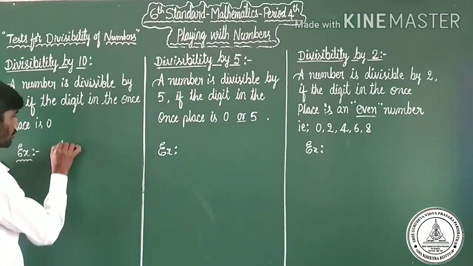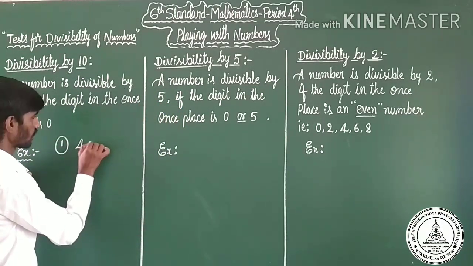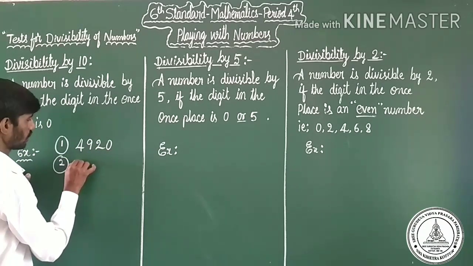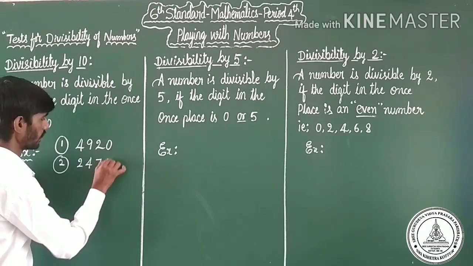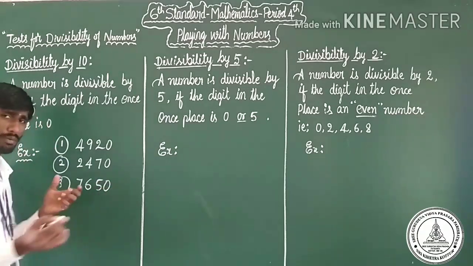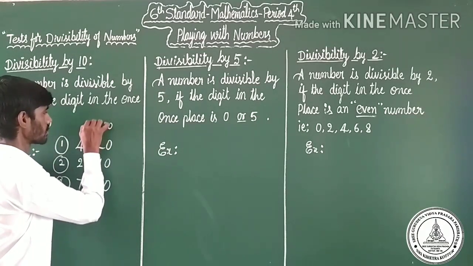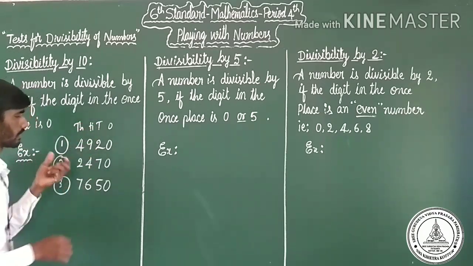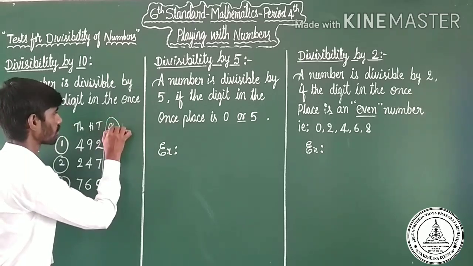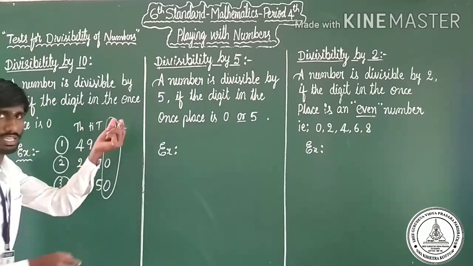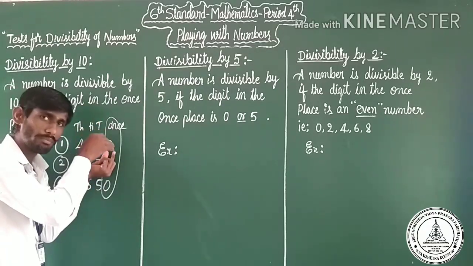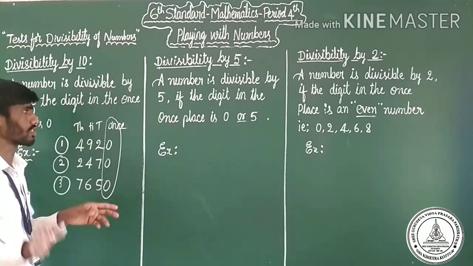Observe the first example. The first example is 4920. Second example, 2470. Third example, 7650. Observe here, this is the ones place, this is the tens place, this is the 100s and 1000s place. Observe only the ones place. The ones place is occupied by 0. So if the ones place is occupied by 0 in a given number, you may conclude that it passes